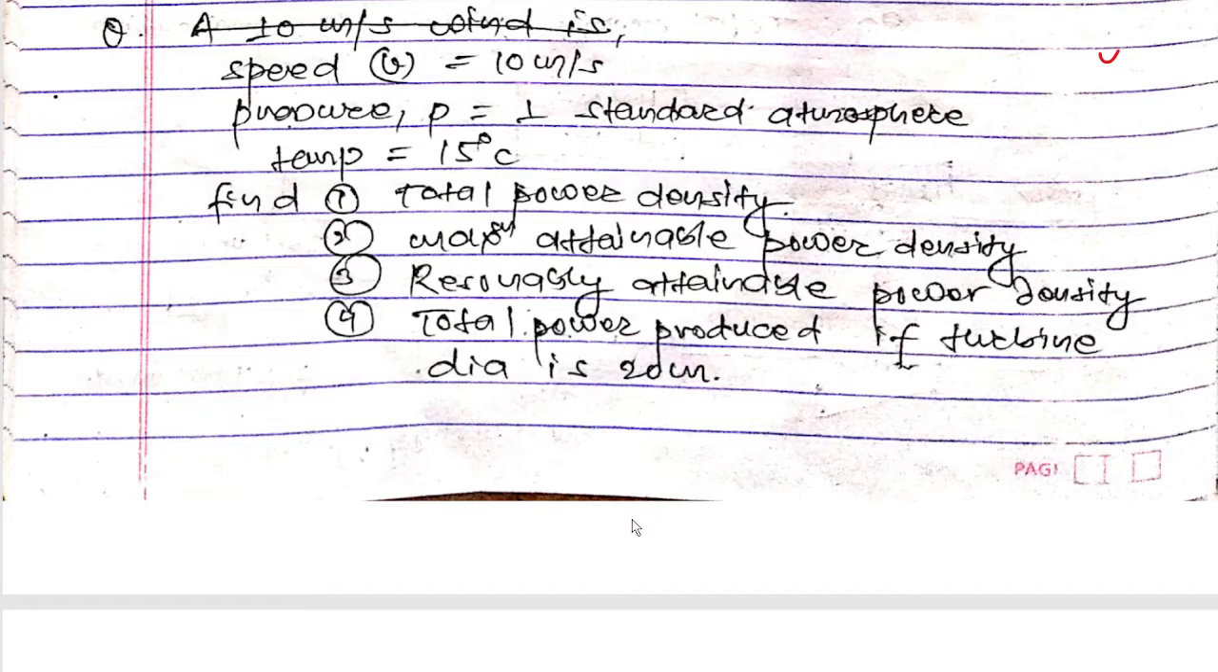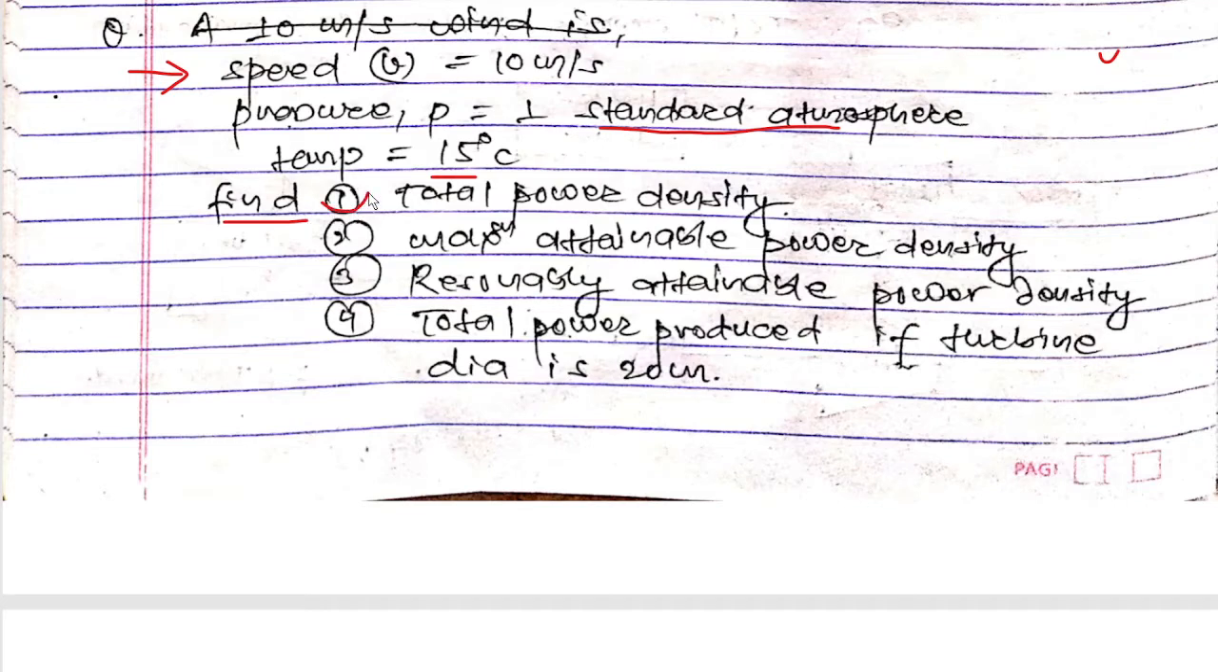Today again I'm back with another important numerical on power plant design. And in this lecture we will discuss the numerical related to wind turbines. Here we have the numerical where the speed is given as 10 meters per second. Similarly the pressure P is given as 1 standard atmosphere. Similarly, the temperature is given as 15 degrees Celsius, and in this numerical we have to calculate the very